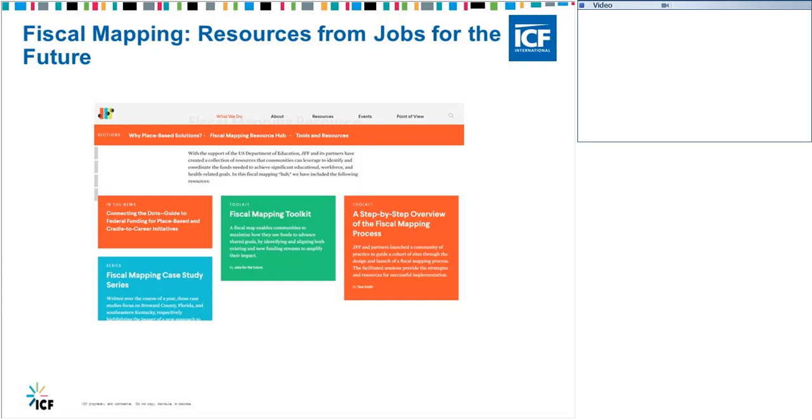And what's great about it is it's very much a toolkit, so it's going to show you how to do those things. My very favorite thing about it is that it doesn't assume that when you pick up the toolkit, you'll be able to sit down at your desk and start working. It actually starts with readiness assessment. And all of you know from the work that you're doing with clients every day and with stakeholders every day, that if you don't start with that common framework and that ability to be ready to do the first intervention, then you're setting yourself up for failure. So we strongly encourage you to take a look at fiscal mapping from Jobs for the Future.